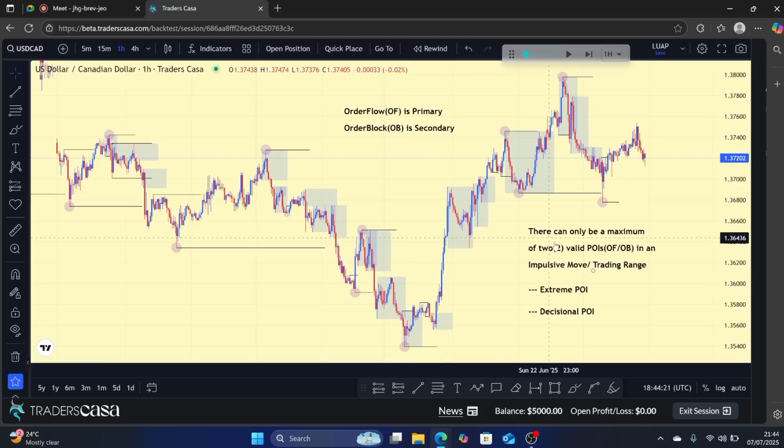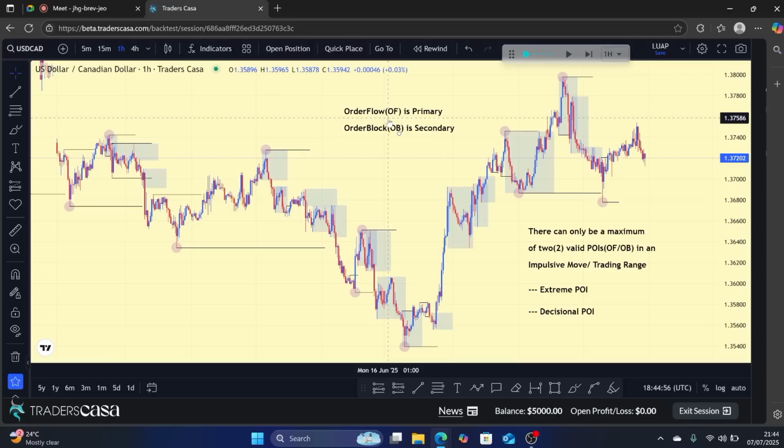Another thing: there can only be a maximum of two valid POIs. Of course, an order flow is a POI and an order block is a POI. You can see here, order flow is primary and order block is secondary. First you mark your order flows, and if there is no order flow, that's when you get into the order block. So for valid POIs, in case there are two order flows or more on the trading range,